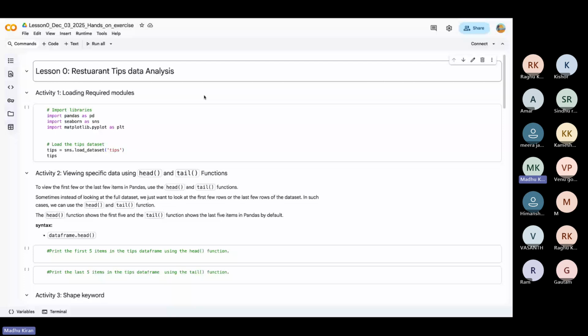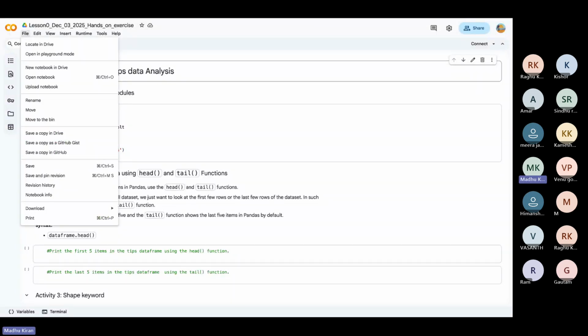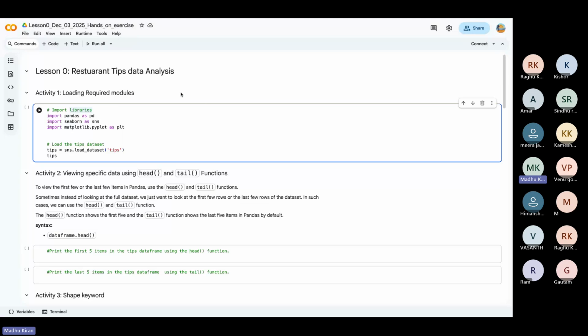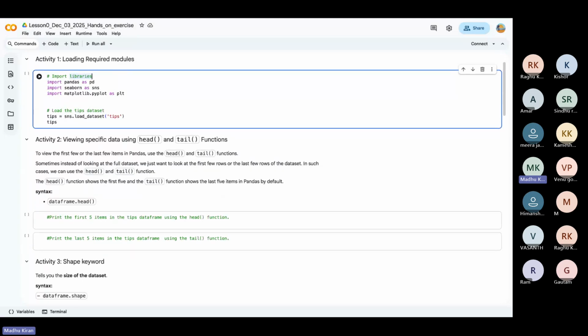Once you join the class, in actual classes also, once you make a copy of it, you'll directly have a copy on your Google Drive and can work on it directly. You cannot work on mine because it's view access. In actual classes we'll work in parallel, and you will also be running the code from your end.